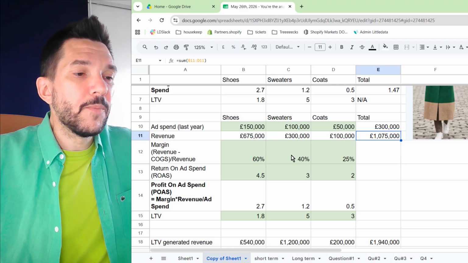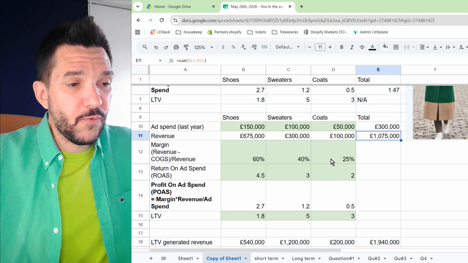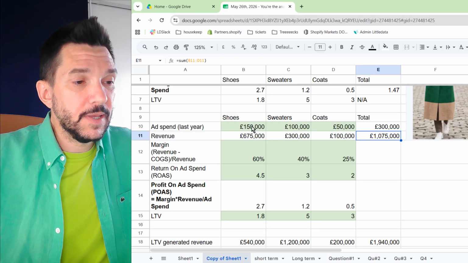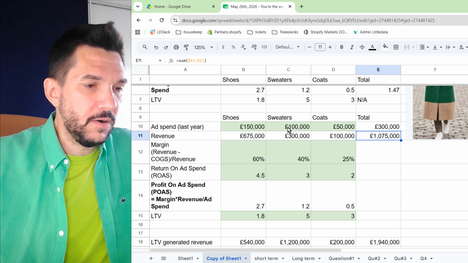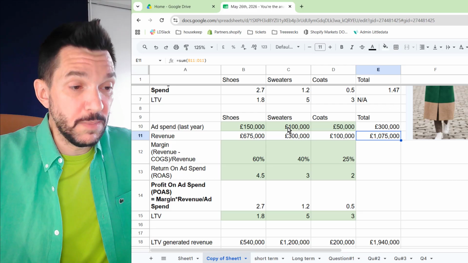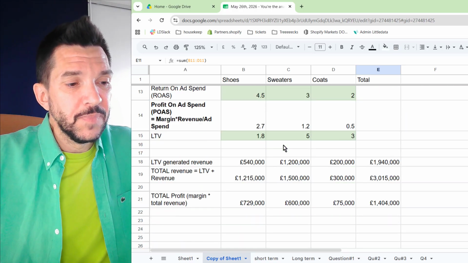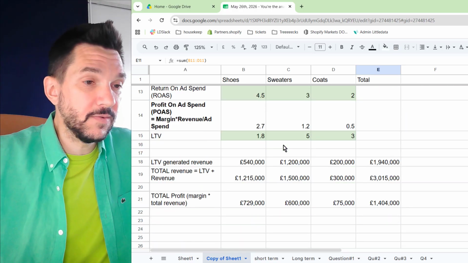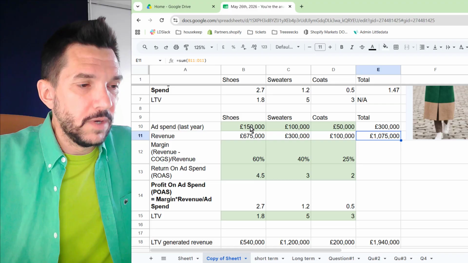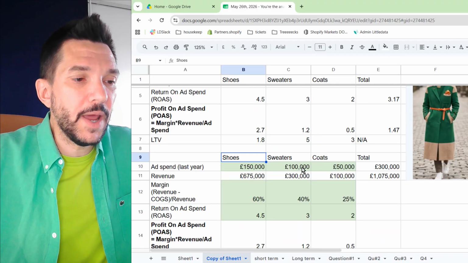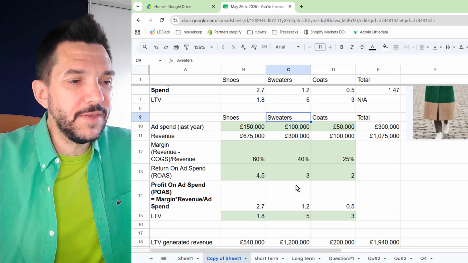When we take a look at the numbers here, the most trivial solution would be, from this equation, to see which category, when invested one pound, dollar, whatever, euro, makes the most money. And the trivial solution would obviously be to put everything on sweaters, but you cannot go to your upper management and say, let's invest everything in sweaters because they're the only ones that make money. Number one, shoes are the flagship product, and number two, they developed some kind of production line to make the other